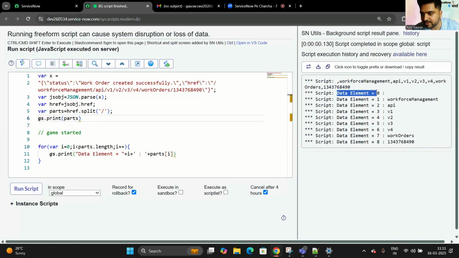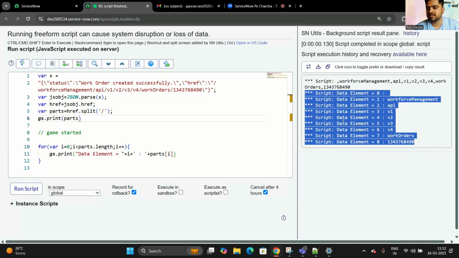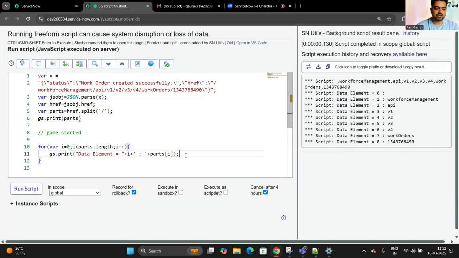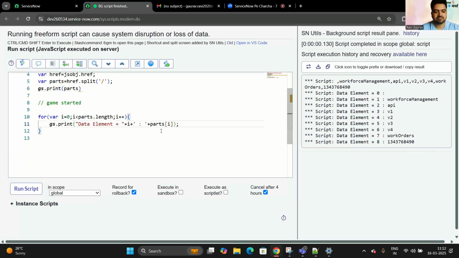That's why this data element is nothing. Second element is workforce. 4, 5, 6. Now we have all these elements listed. We have to find the middle one, half. You have a lot of techniques to do it, one of my favorites is, you can count and get it done, but it is better to use a function. Out of the box, we have a functionality called Math. I don't know how much you know or not. Let me explain. So let's say variable middle, I want to find the middle element, equal to,